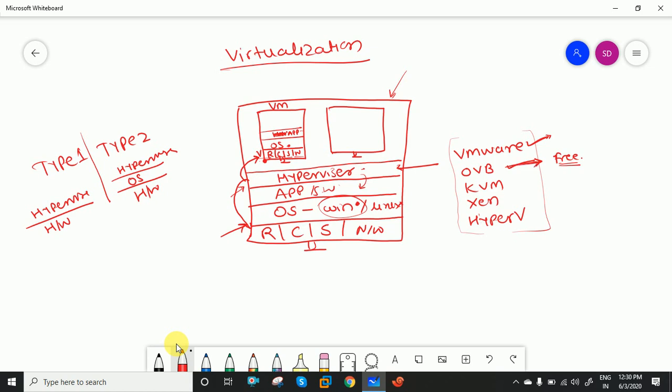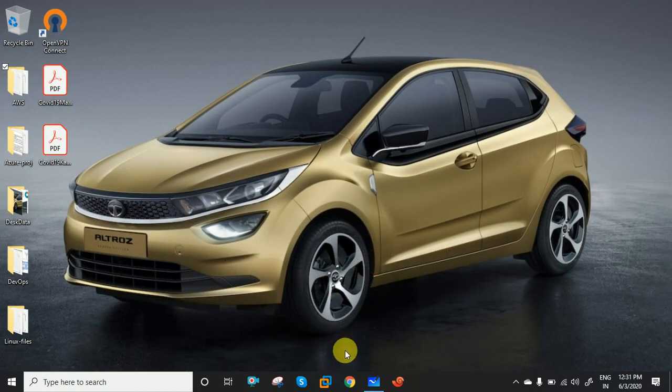Then we require the operating system. That operating system might be a Windows operating system, or here you are creating the resources and installing a Linux operating system. So both ways you can use these concepts, no need to worry about this. So what are the requirements? You require the hypervisor, and second you require the operating system image, whichever operating system you want to install here. So think about, this is my Windows environment, right? Windows operating system, and on top of that I'm going to use the hypervisor.